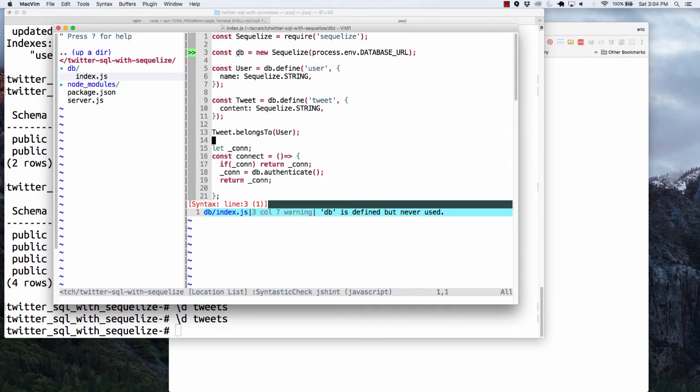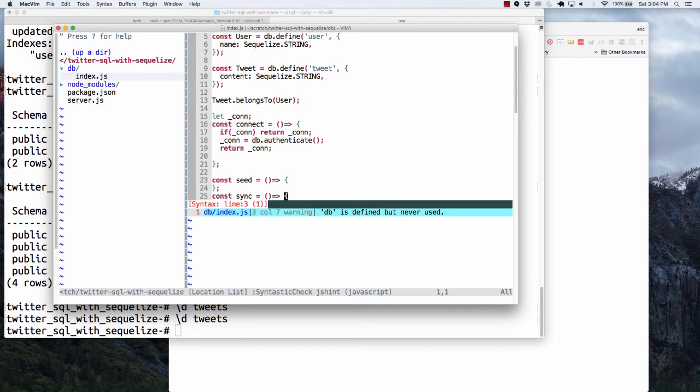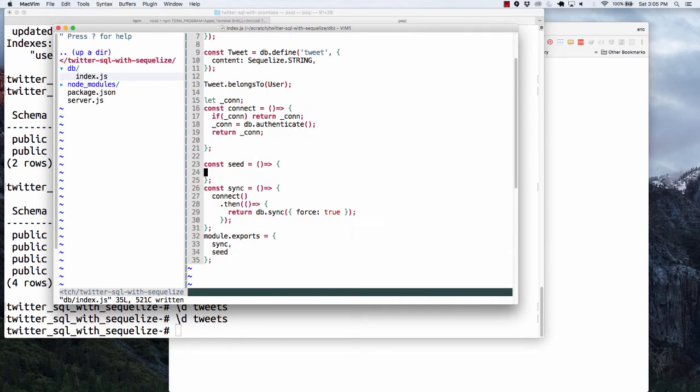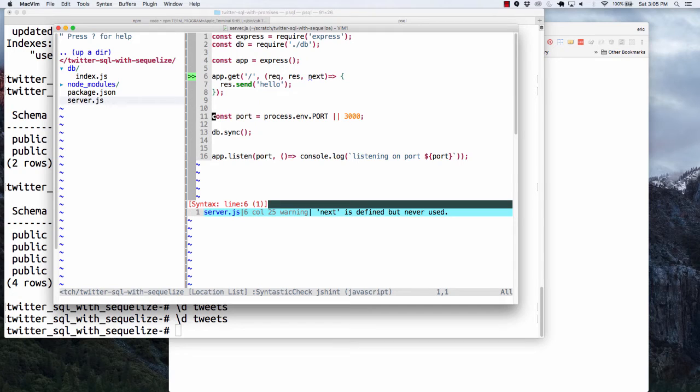So once I end up doing that, a couple of things that I could do here. We've got our sync. So what could our seed look like? Well, let's do the same thing we sort of did before. Let's go back to our server and specify that not only are we going to sync, and you could put this on one line because it'll automatically end up getting returned,